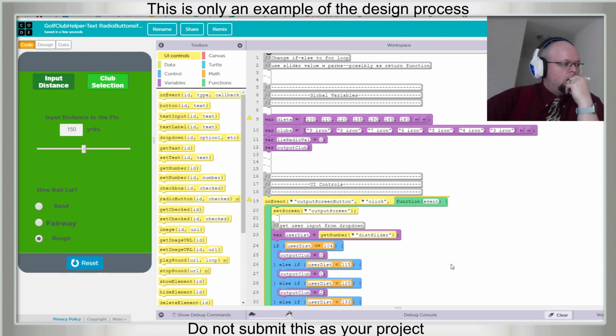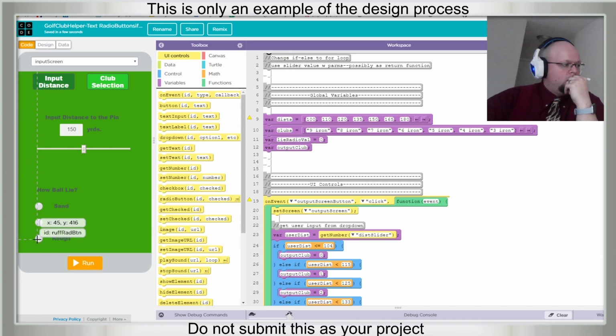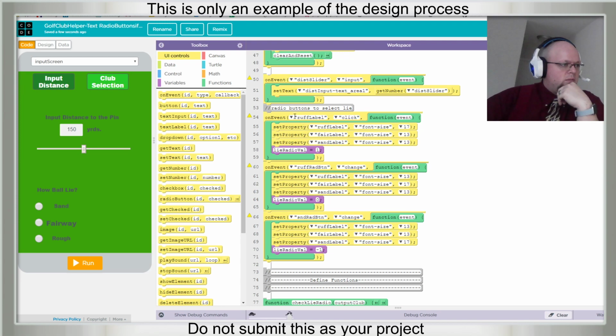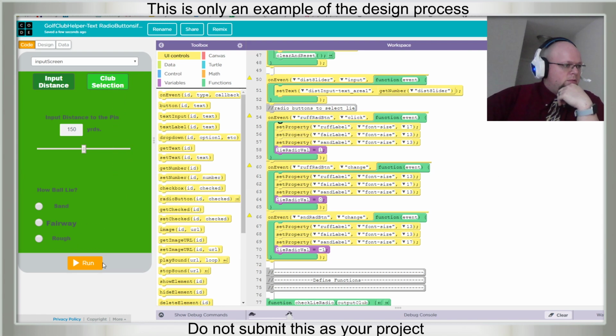Huh. This is rough radio button, on event. Oh yeah, because I did it stupidly, rough label. Rough. No. Okay.